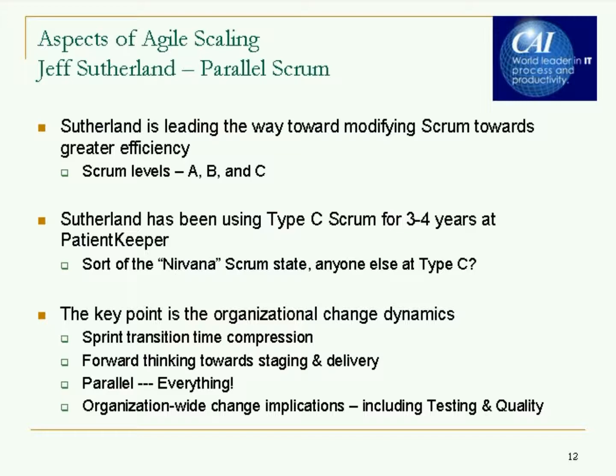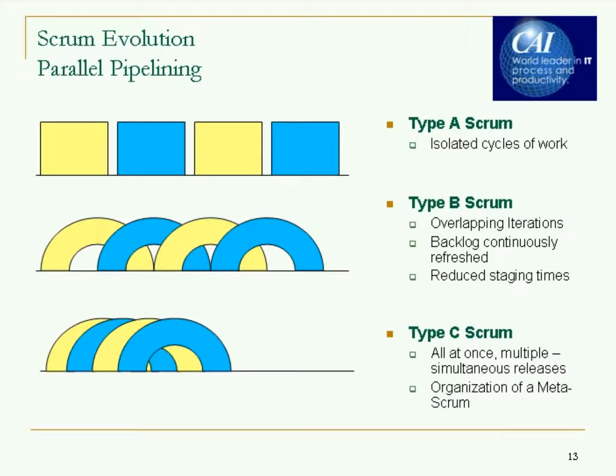Another scaling topic, and this is sort of the introduction, getting your head wrapped around some of the general aspects of scaling: Jeff Sutherland talks a lot about different Scrum levels. There's a Scrum type A, a B, and a C. Scrum type C is the most efficient, where everything is going on at once. And Scrum type A is what I'm most familiar with. I'll go to the next picture just to give everyone a feeling. So type A is what I'm most familiar with. You start a sprint, you stop a sprint. There's a pause potentially. It might only be a weekend between sprints. So it's isolated iterations or cycles of work.